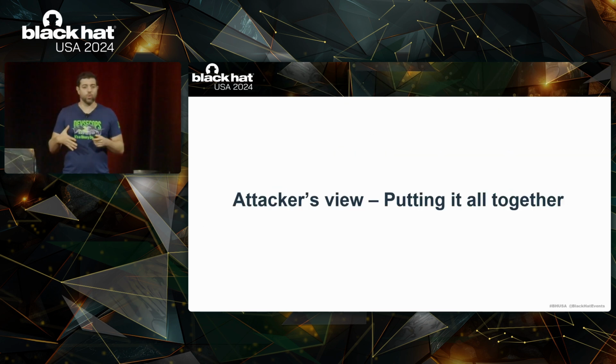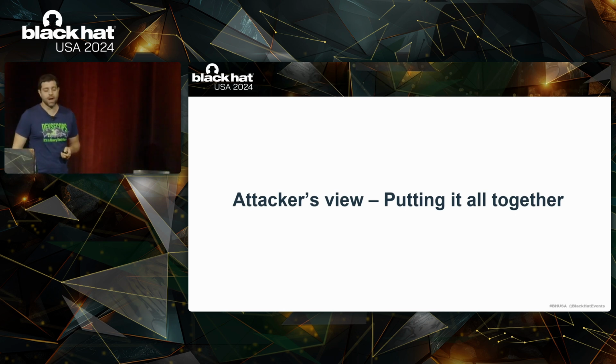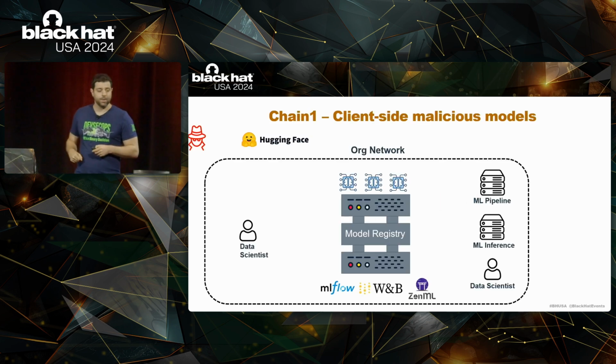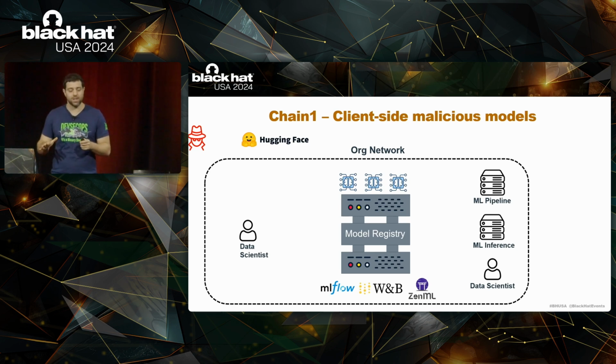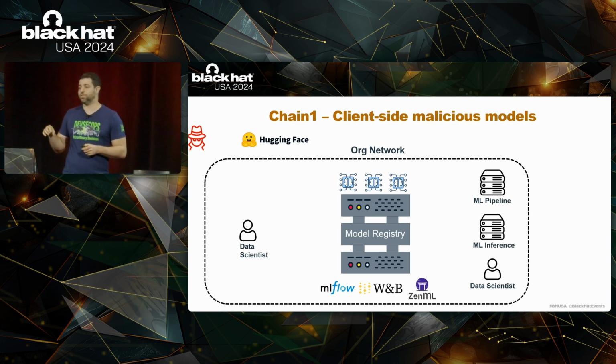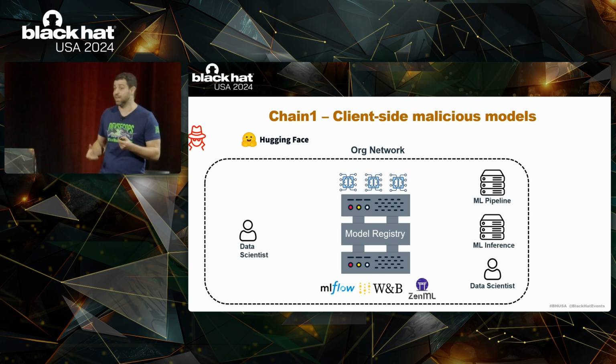Okay, cool. So now we have all of the pieces of the puzzle. We understood inherent vulnerabilities and implementation vulnerabilities. So let's see how we would take advantage of these vulnerabilities in the real world. Let's see a first attack chain where an attacker could infiltrate the entire organization from outside by using malicious models to infect clients. So this is relevant for model registries such as MLflow, Weights and Biases, and ZenML, for example,